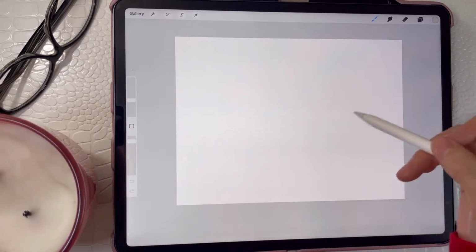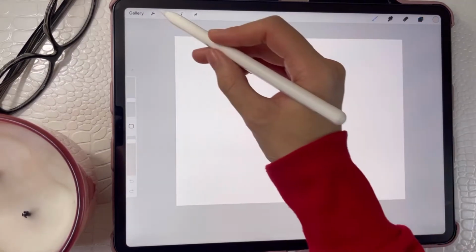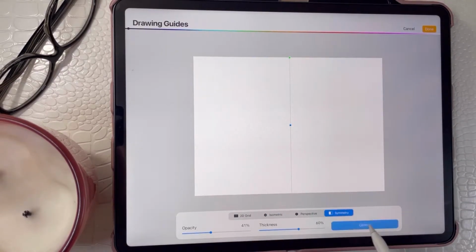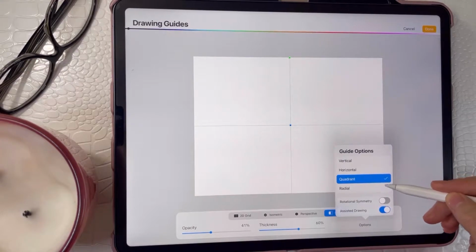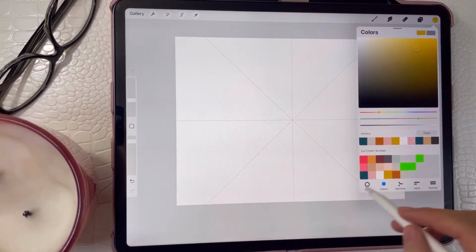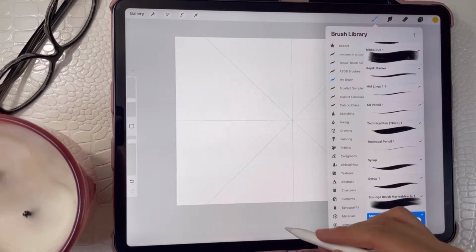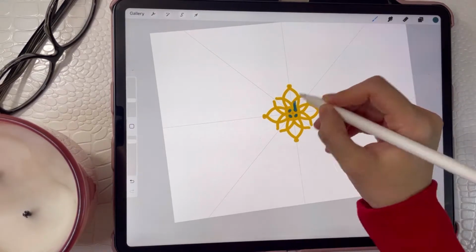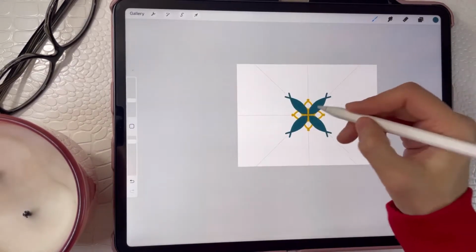In my previous video, I explained some features of the action tool, such as adding a picture, editing and resizing the canvas, using drawing guide to help you draw in perspective, isometric and symmetry, record and rewatch your progress, and so on. I covered all those features in my previous video, so if you haven't got a chance to watch it, you